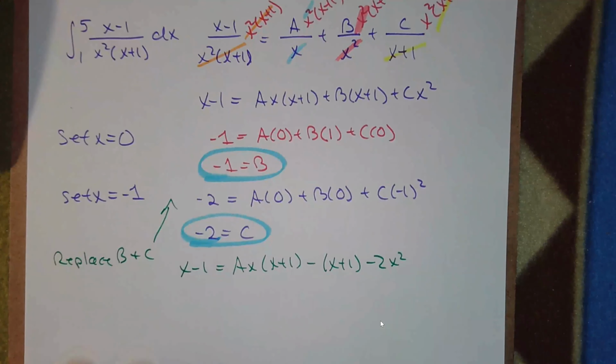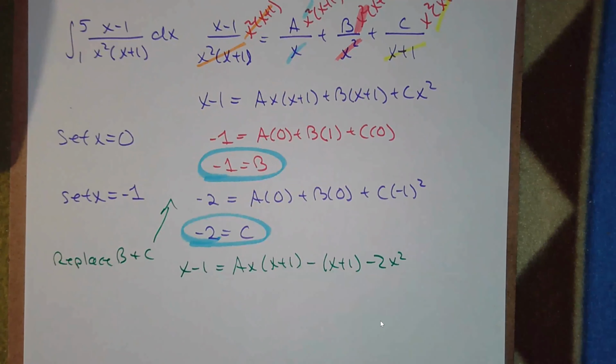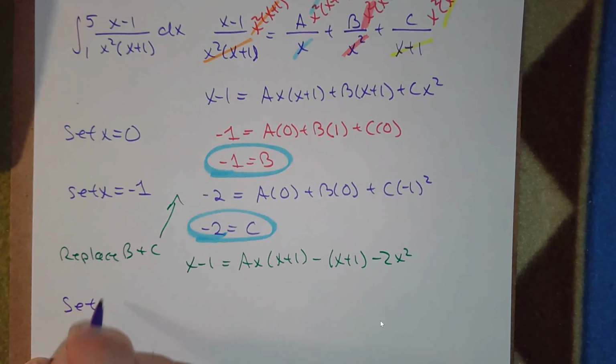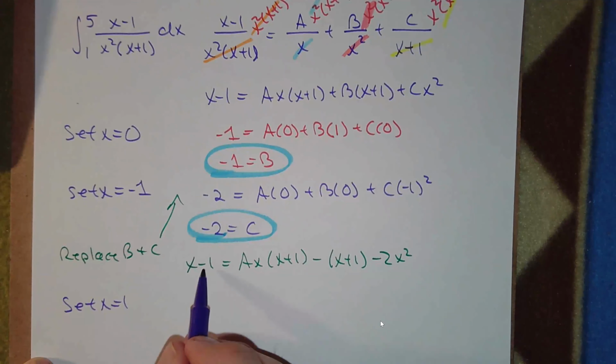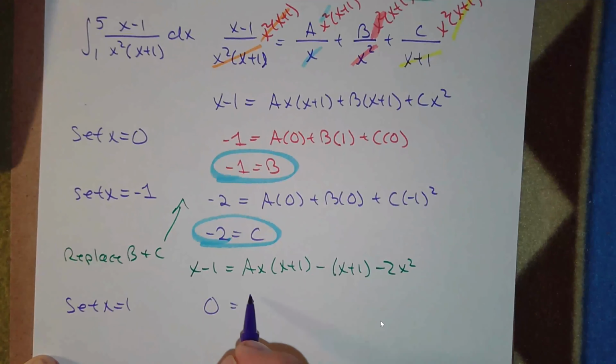Great. Now I'm free to choose any value that I want for x. I'd probably avoid 0 and -1, but other than that, any value will work. Keeping it simple for myself, I think I'm going to choose x equal 1. Set x equal 1, because on the left-hand side, that'll just give me a 0. That's easy. On the right-hand side, it's going to be a times 1, which is 1, or it's just a, and then times 2,